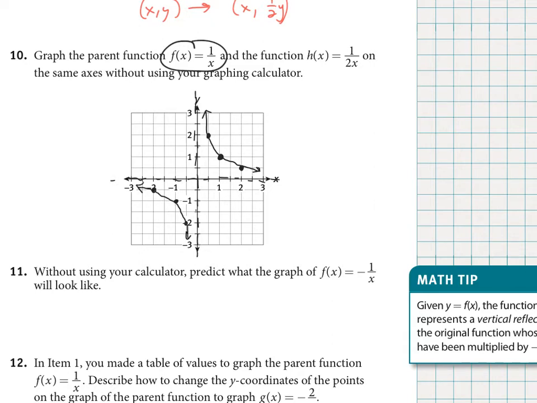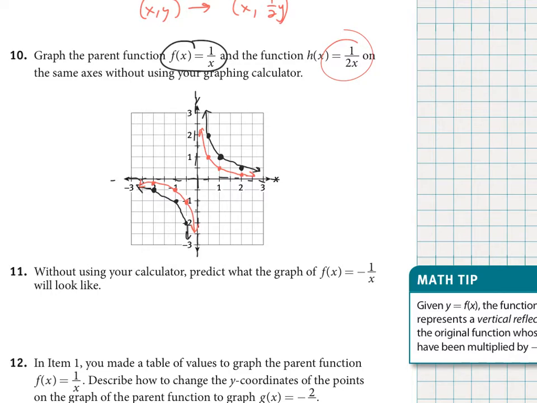Now I just got to multiply all my y coordinates by a half for h of x. So 2 times a half gives me 1, 1 times a half gives me a half, half times a half gets me a quarter. That's even more fun. And I get to draw in those nice sloping curves. So notice it's on the inside here. Negative 1, negative half, negative quarter. It's got the same shape, but it's just been shrunk or compressed if you imagine grabbing vertically and pushing down